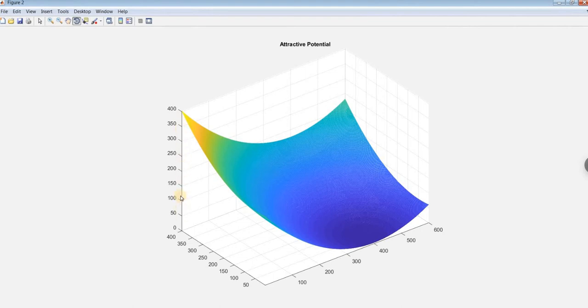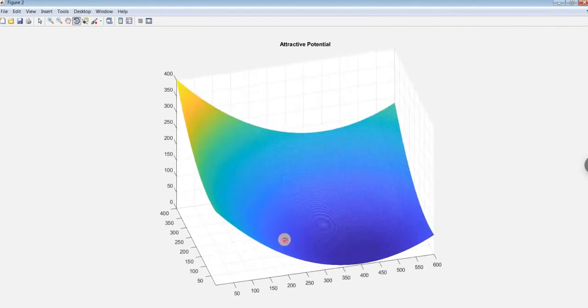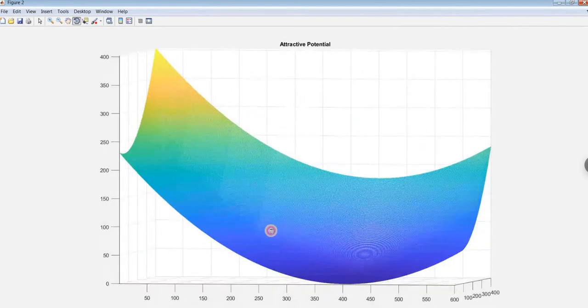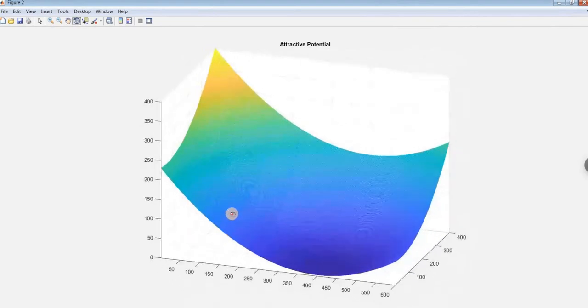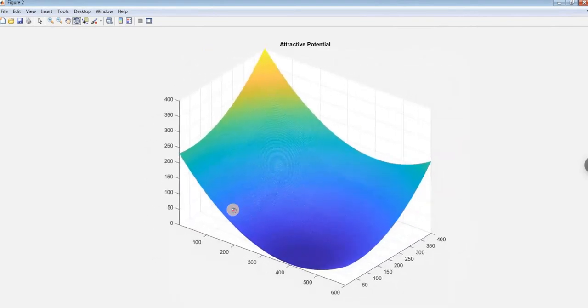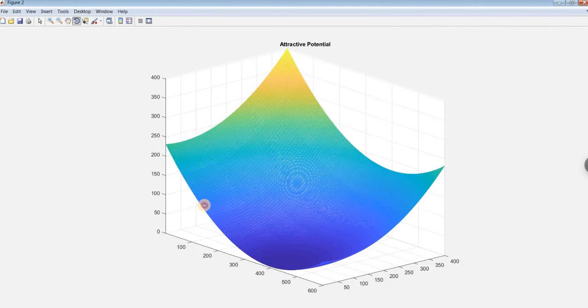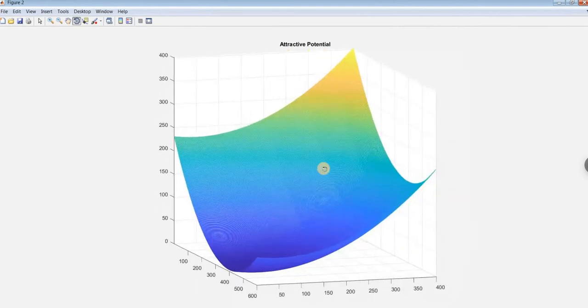So the magnitude of potential is on the z-axis. It has the highest value on the z-axis at the start location, and it has this potential. So this is a 2D mesh, you can say, which is being shown in a 3D environment. So you can say this is some kind of